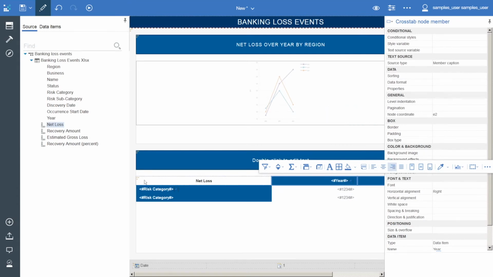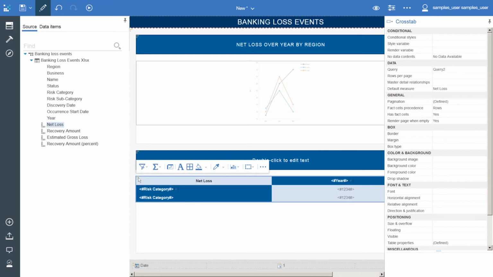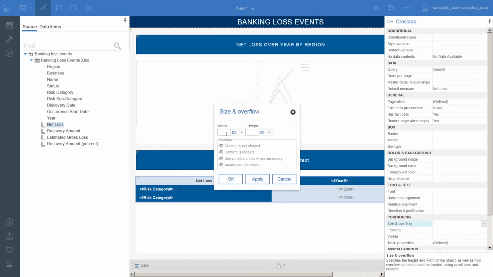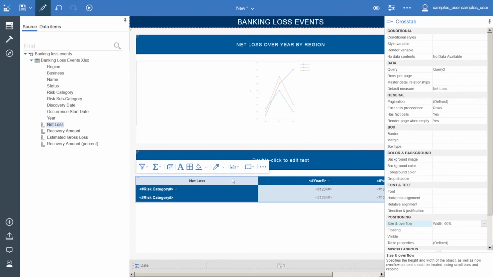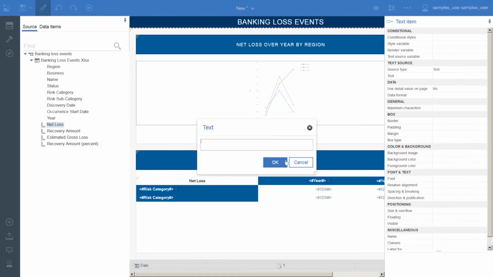To size the crosstab, select it and set the Size and Overflow Property Width property to 90%, and click OK. Above the new crosstab, double-click the title placeholder, enter the title,